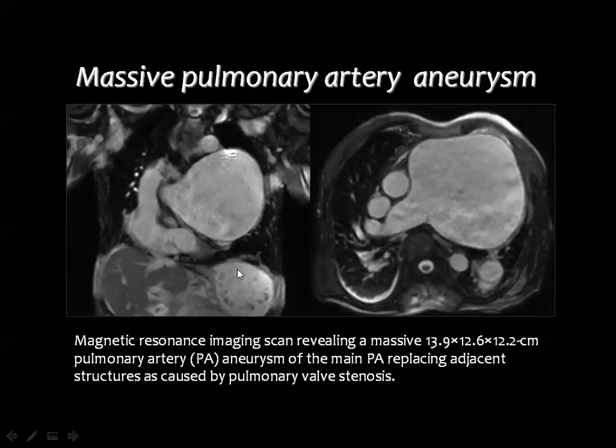This is MRI, coronal and axial images showing a huge pulmonary artery aneurysm affecting the main pulmonary trunk and part of the left branch as well, and the aneurysm is totally patent. There is no mural